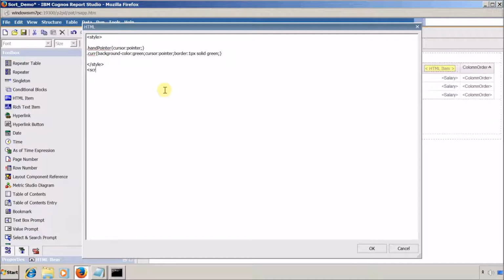Okay, script, slash script, and inside this script we are going to define our function, JavaScript function. So this is my function in ascending, and inside this we are passing a value 1. What is the purpose of this value? I'm going to show you later, but for the timing just create this function, and to show you that this